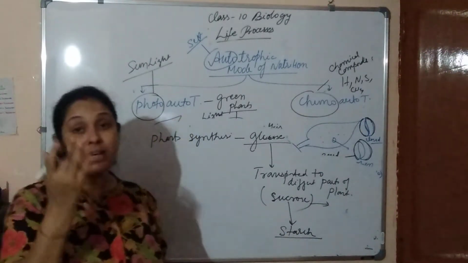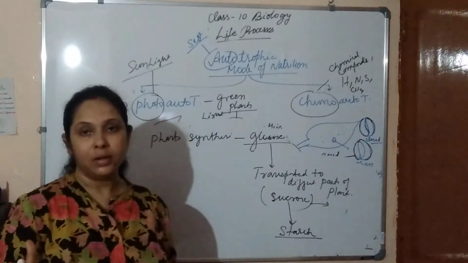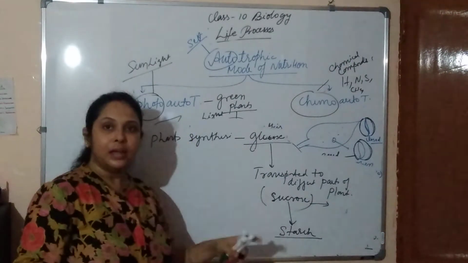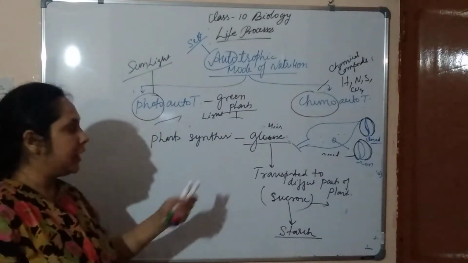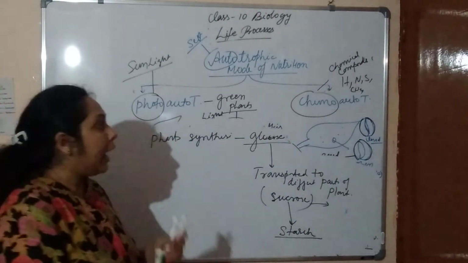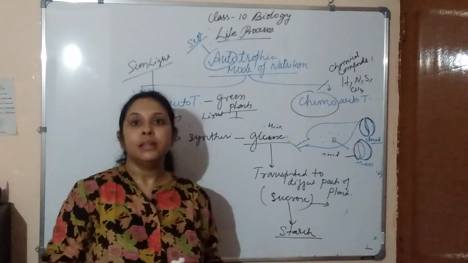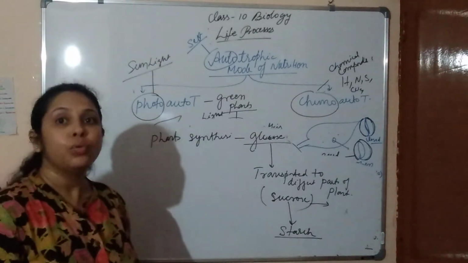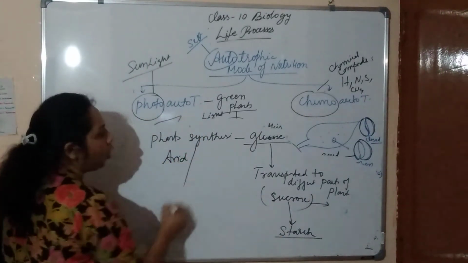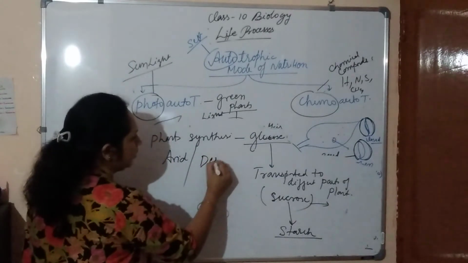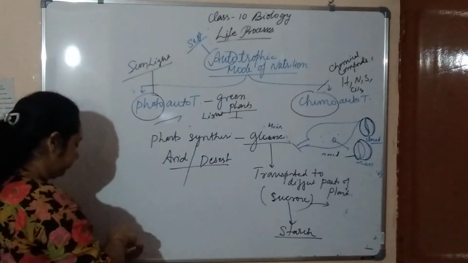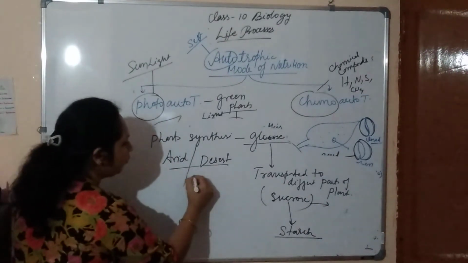So whatever you eat, the potatoes, what are these potatoes? They are the stored form of starch. So this is the way the plant utilizes its organic matter. Now we have done with the photoautotrophs, and one thing is very important about the plants who live in the arid region, or in the desert region. They show some special type of adaptation.